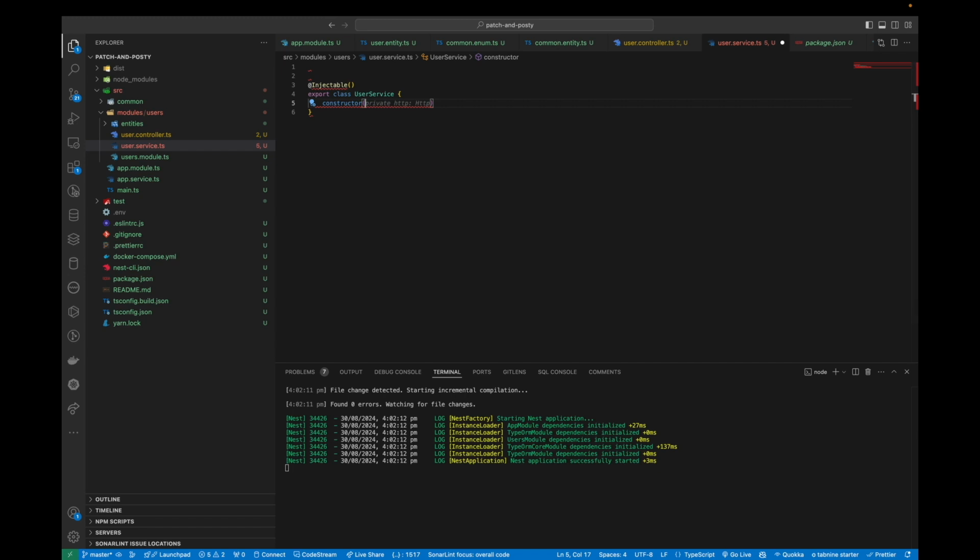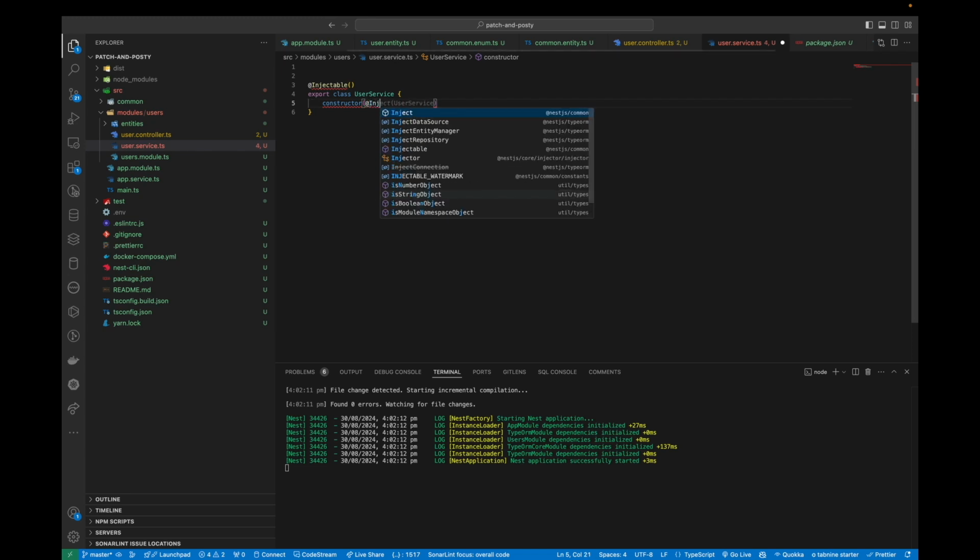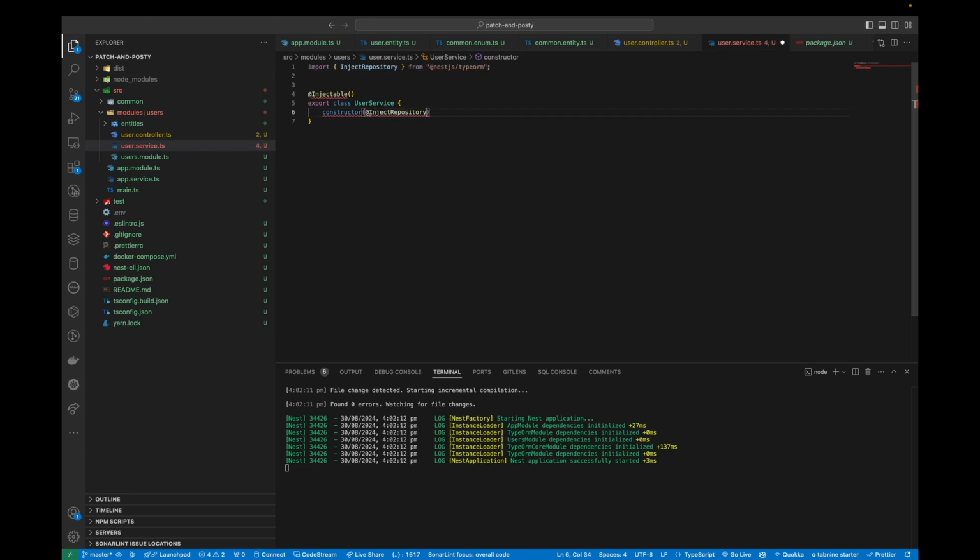This is TypeORM's way to bring all the database functions in this class, so we can use things like find one by ID, delete on the database layer. So we're using the repository pattern here, and it's simplified by TypeORM by injecting in the InjectRepository,